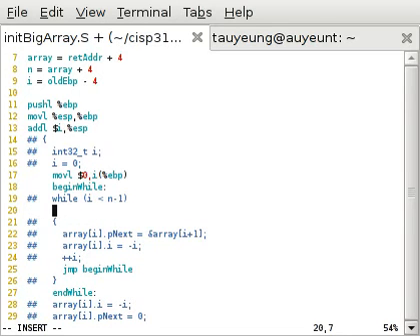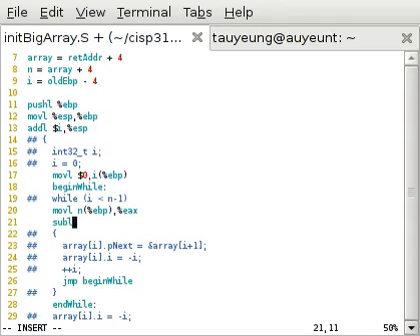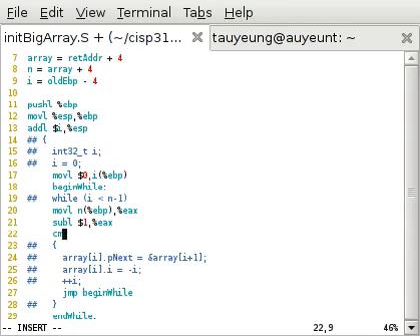We want to compare I to n minus 1. Again, there are several ways to do it. We'll do the computation of n minus 1 first. So we'll move n from EBP to a register, let's say EAX, subtract 1 from it, and then we want to compare that. So in this case, we want to compare it against I. So we say EAX, I EBP,